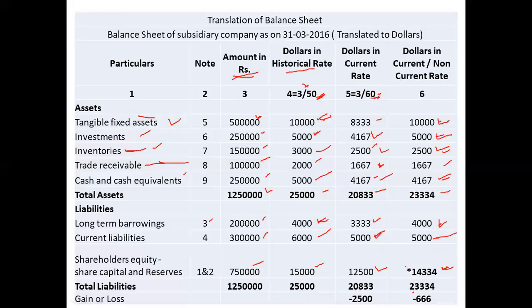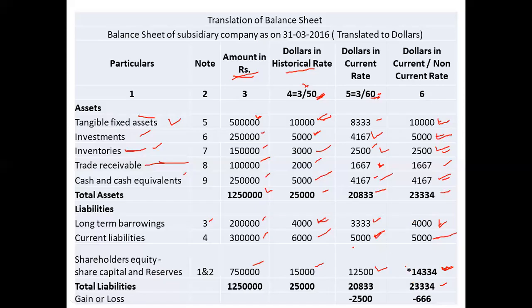Here I have to take the total assets as 23,334 and minus 4,000 and 5,000 as outside liabilities. Then we get 14,334. It should not be taken as a current item or a historical item, but it should be taken from the balancing figure. The balancing figure is the total assets 2,23,334 minus outside liabilities of 4,000 and 5,000. We got the value as